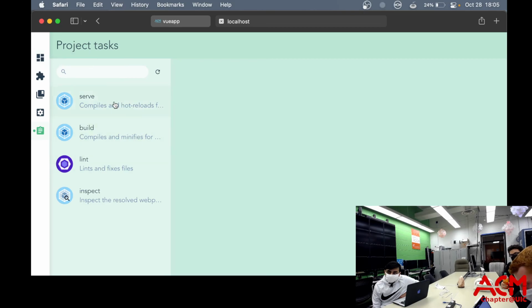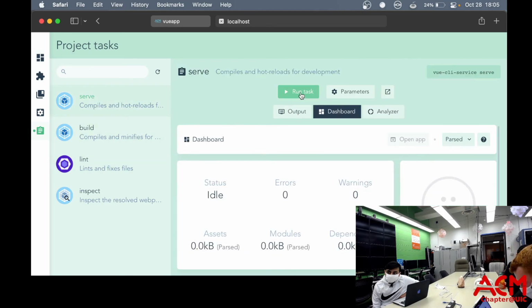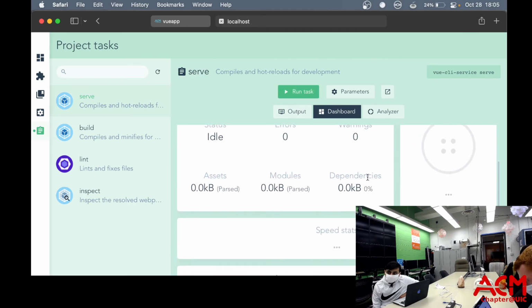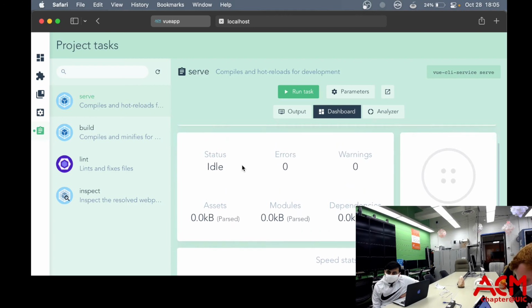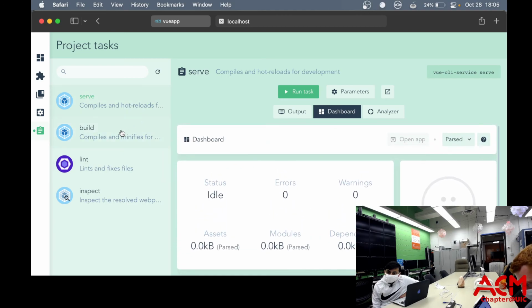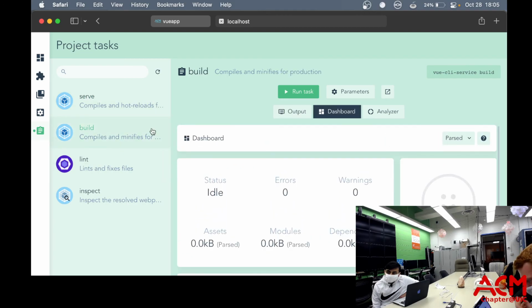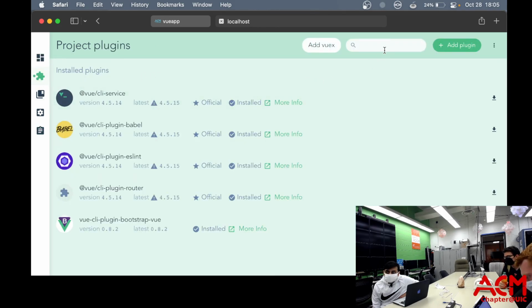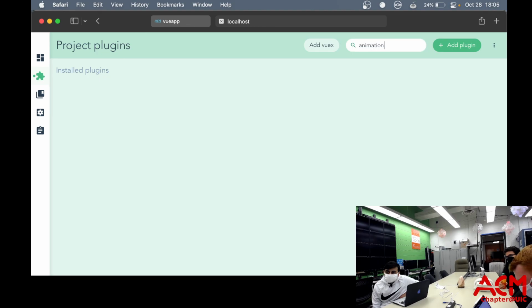You can serve the project. This will run your task and give you a bunch of data about it. It tells you the module size, your dependency sizes, asset sizes, and then you can run your builds and everything. It's really nice. You can also manage all your plugins here. So if you wanted something for animations,